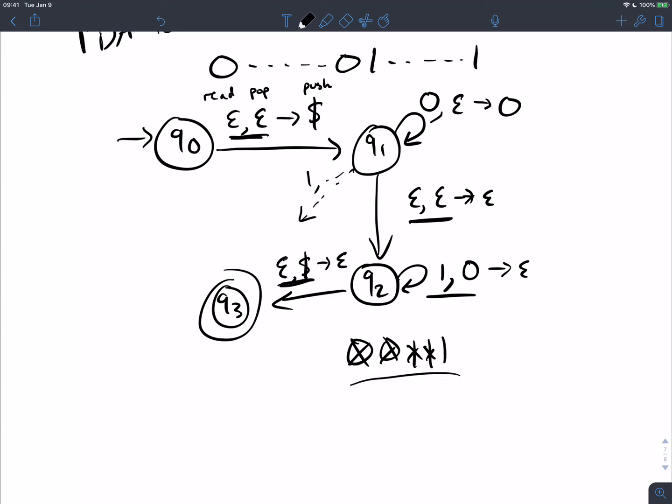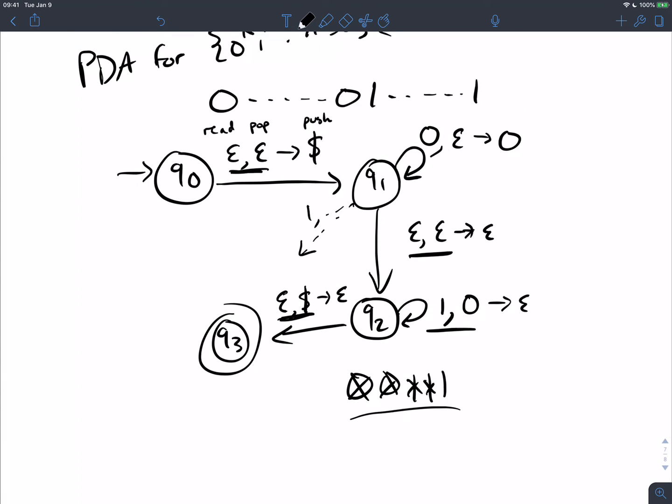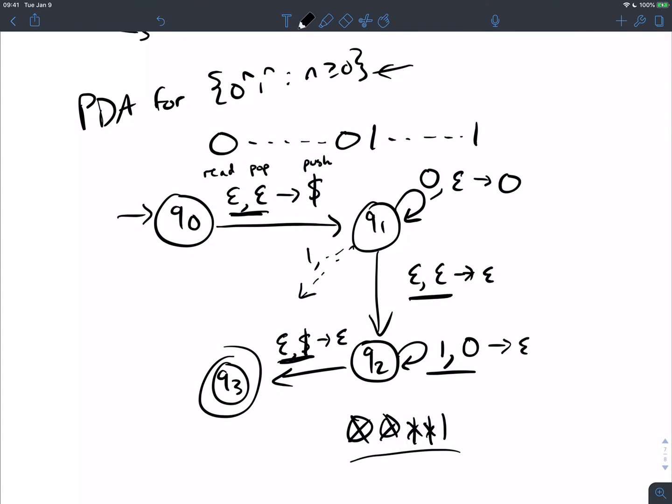Okay, is there a notation for that? For what? For being in the final state, but not accepting? No, it just, this string is not in the language of the PDA. So if I have a differing number of 0s and 1s, this PDA cannot possibly accept because even if I'm in a final state, we just showed that